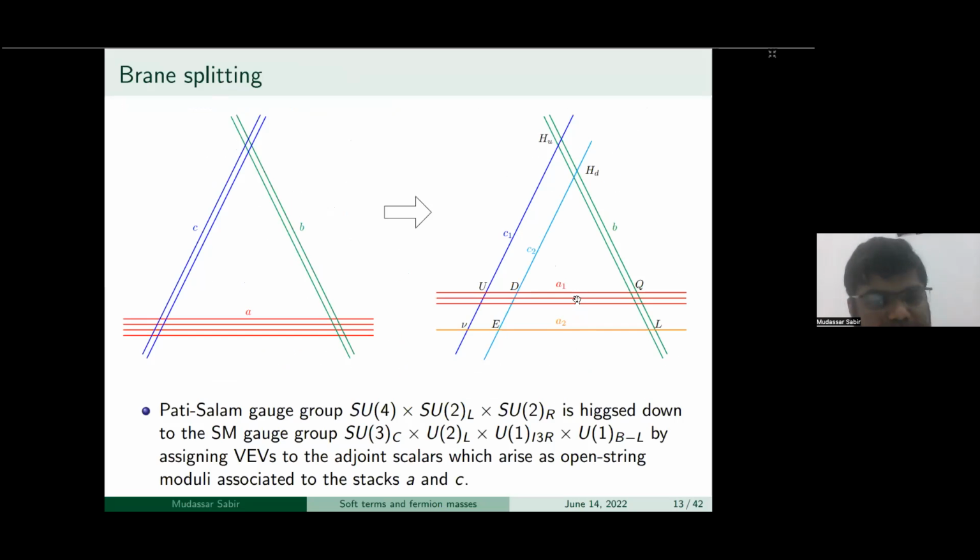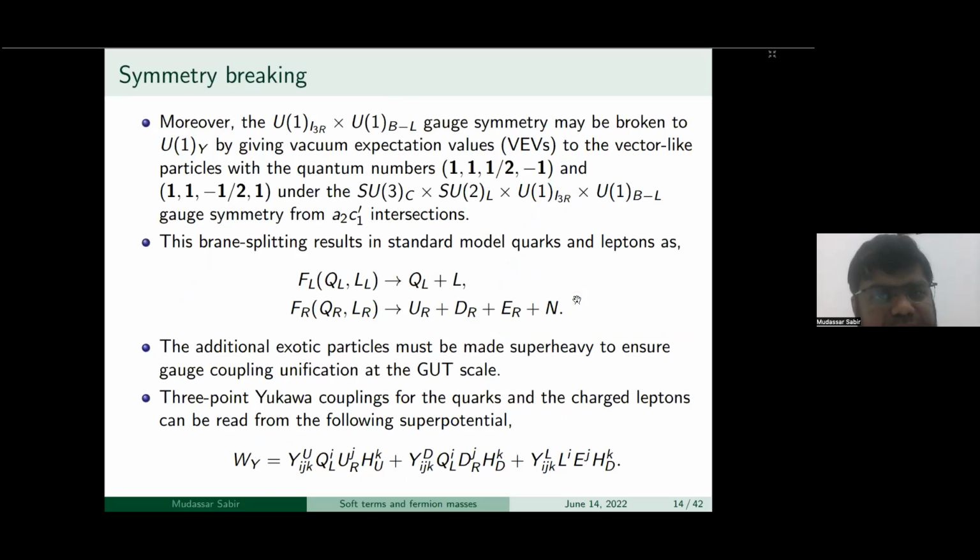So the Pati-Salam gauge group is Higgsed down to the standard model gauge group by assigning VEVs to the adjoint scalars, which arise as open string moduli associated to the stacks E and C. Moreover, the U(1) I3R times U(1) B minus L gauge symmetry may be broken down to the U(1) hypercharge by giving VEVs to the vector-like particles with the quantum numbers 1 half, minus 1 and 1, minus half